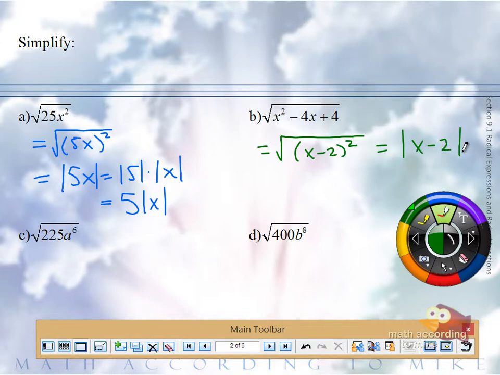Am I allowed to break up the absolute value as the absolute value of x and then minus 2? No, because it's a subtraction. You can only break it up if it's a product or a quotient. Say,